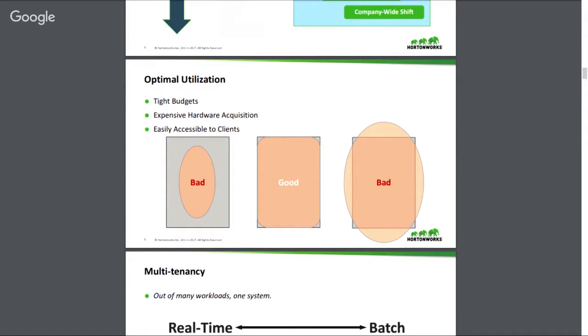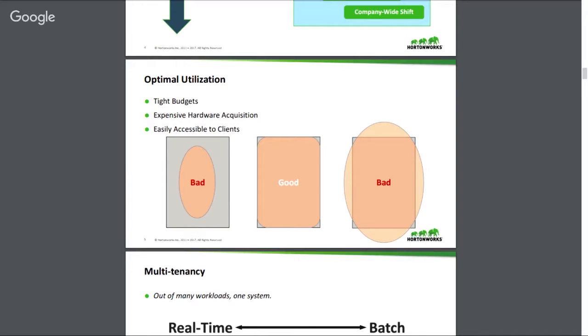So really the overarching goal here is, when we're running our HBase system, we want to be getting the peak performance we can get out of it. So we want to avoid what's happening on the left here, where we bought a bunch of hardware and we're only using it to 50% capacity. Because what this means is we're paying more on power, space, and cooling to host this hardware that we're not even using. But we also want to avoid the far right side, where we're over-provisioning our cluster. We want to make sure that we're not slowing ourselves down because we're pushing too much load into the system. So we want to get right in the sweet spot,